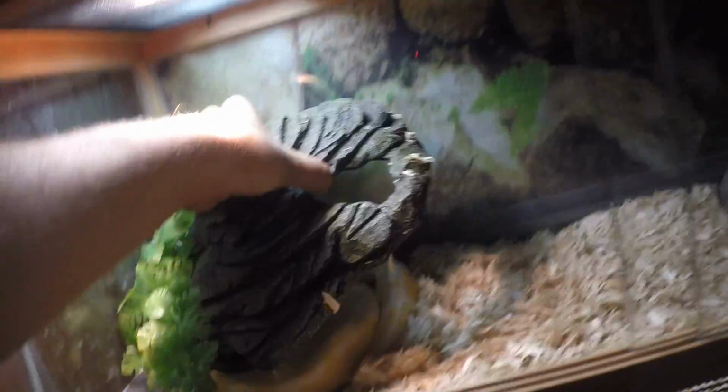this is Ruby, this girl right here. This is my albino ball python, my female albino ball python. I'll show you her. That is my albino female. I'll show you. Then I'll show you